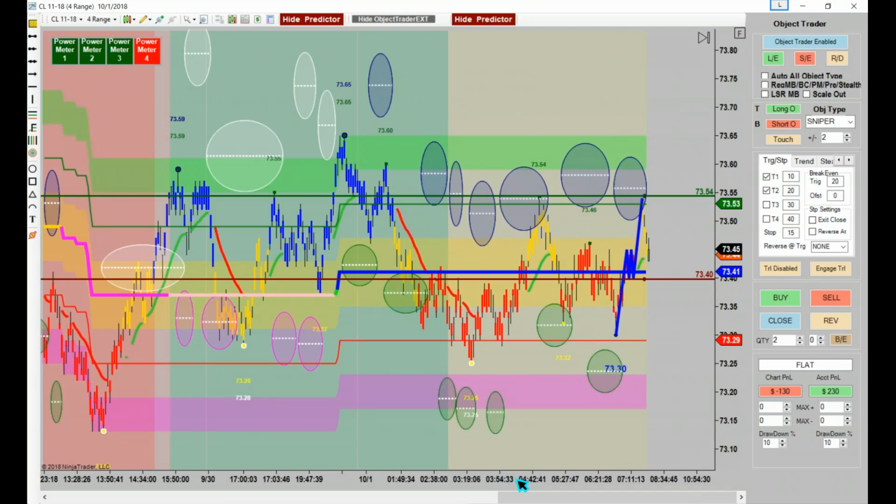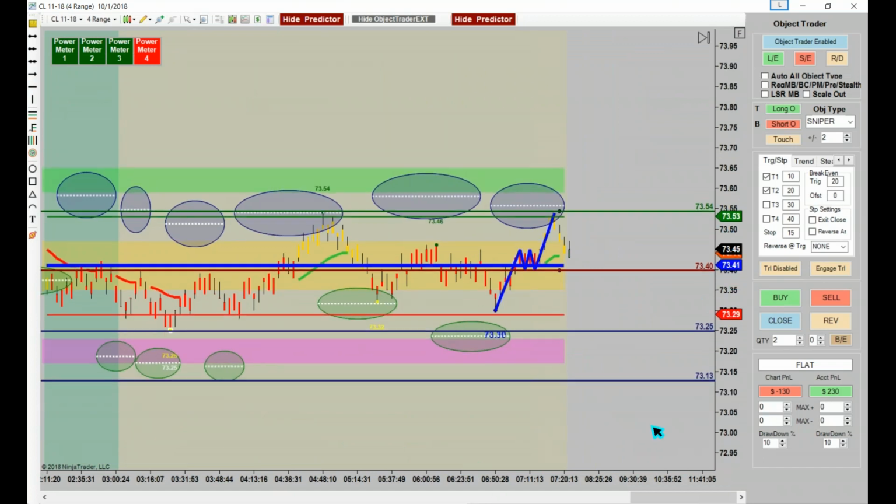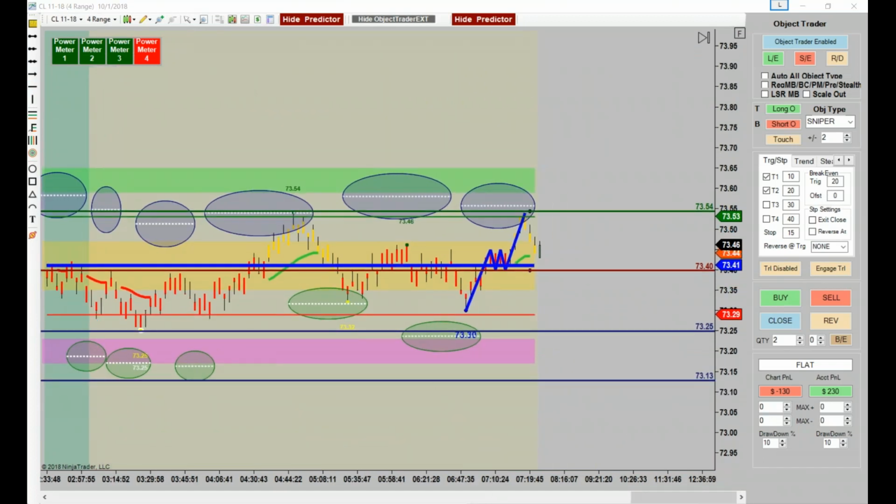Okay? So we'll draw a line down here. We'll draw a line here on our Lightning 3s. And let's see if we get something. Now I've got this set for Sniper being a touch plus. Okay, you can use close, but keep in mind if a bar closed right by our line, we won't get a trade,